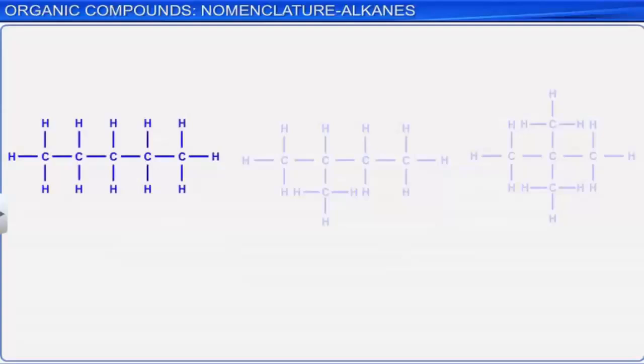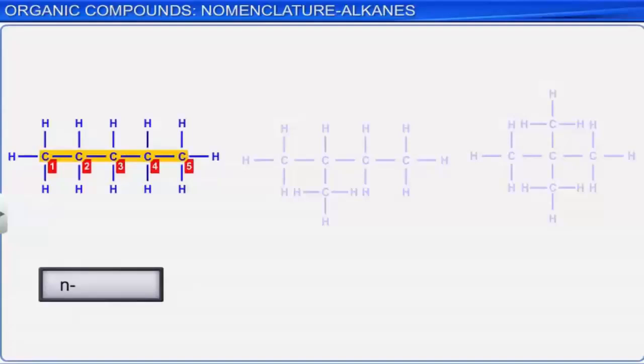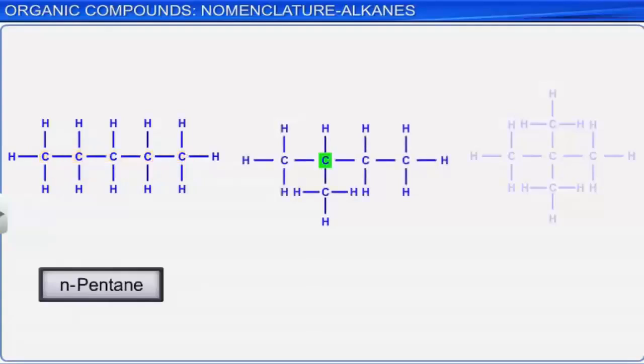If all the carbon atoms form a continuous straight chain, that is, without branching, then the prefix n is given to the name of the alkane. For example, for the structure shown here, which consists of a continuous chain of 5 carbon atoms, the name given is n-pentane. If the carbon atom next to the terminal carbon, having a methyl group as a branch, is attached to a continuous carbon chain,